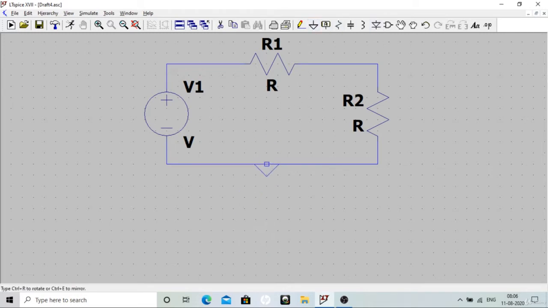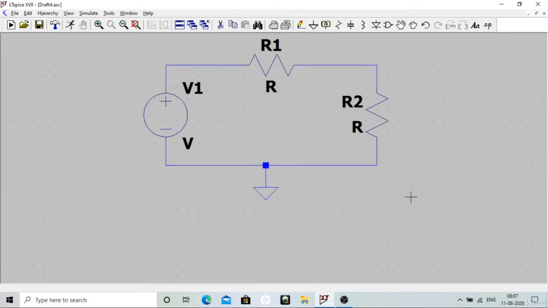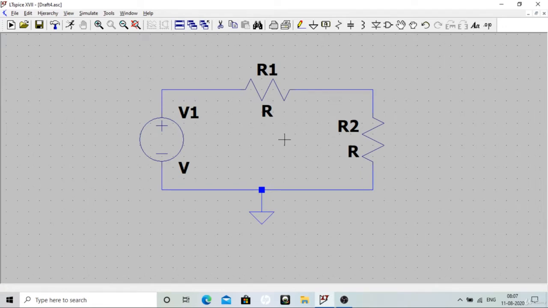And ground is remaining, so here you can put ground like this. Okay, so it's a faster way of making a circuit, and that's what I'll suggest. Every time, make the wire first and then place components.